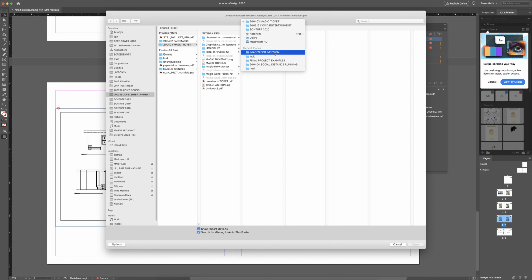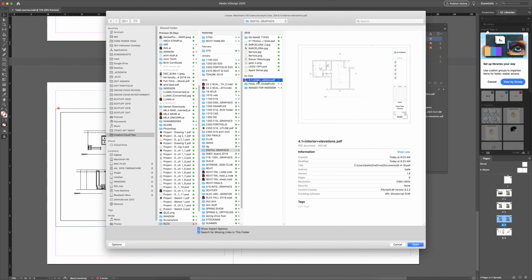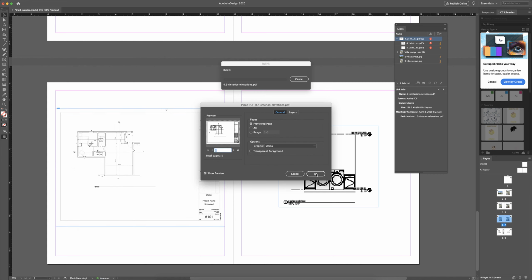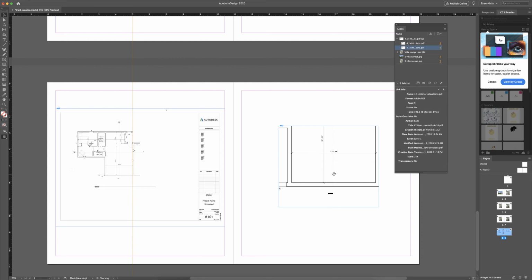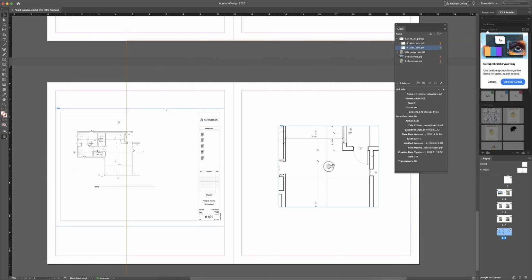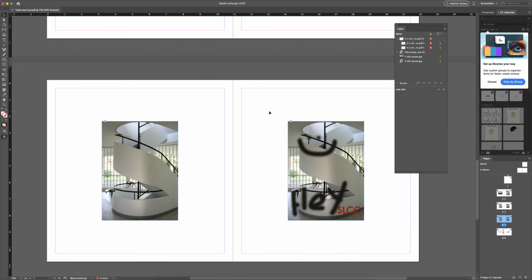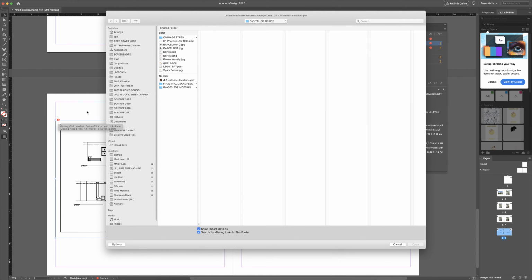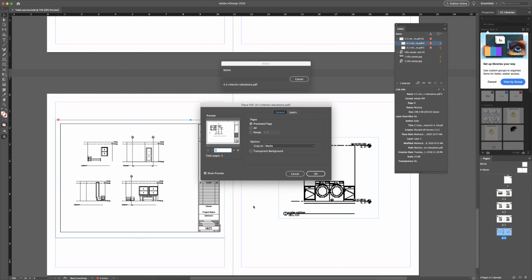So what I need to do now is go to Images for InDesign. And I think I backed it up once. And once I find this one, remember they're all the same link, it'll relink all of them. I think I did this one incorrectly. I did the wrong page. Whoops. So let me undo that. Sorry. Sometimes it's hard to talk and work at the same time. So with this one, I'll double click it to relink. There it is right here. Open. And then